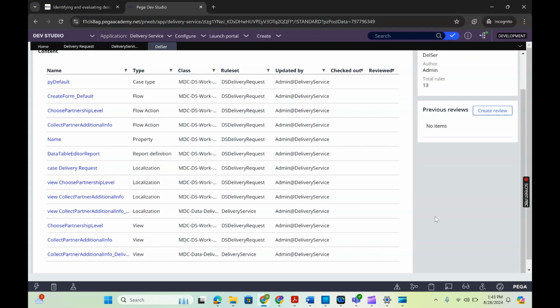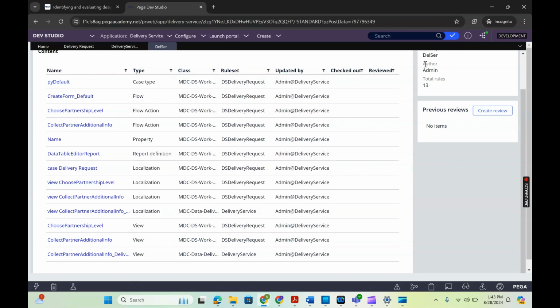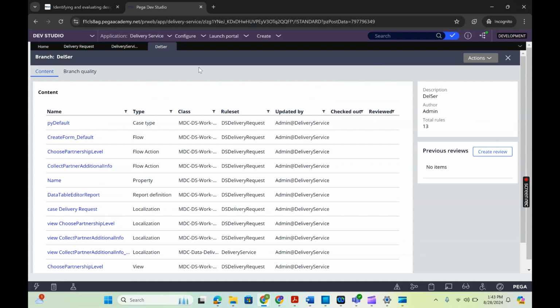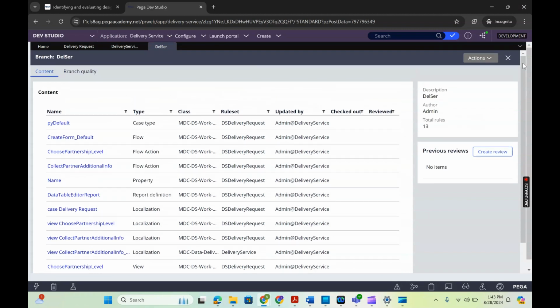This is something new in Pega Constellation. Whenever you create a view or update a view, the localization will get updated for that particular view. So for each view, we will have a localization in the backend. And you see, the views we updated all got updated over here. This is the reason I was telling you. When you try to remove something manually, if you are removing the view, it's not only the view you have to remove. You have to remove the localization which has been created for that particular view. That's why we have to be very cautious when implementing this view.